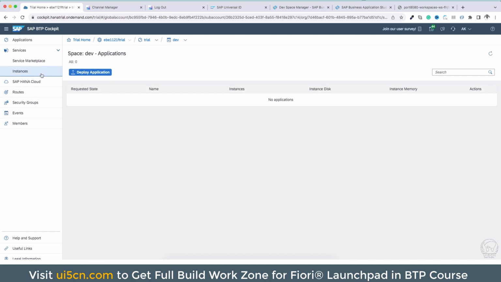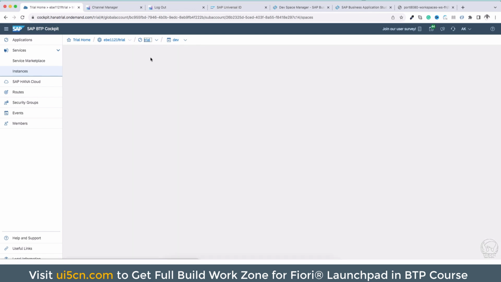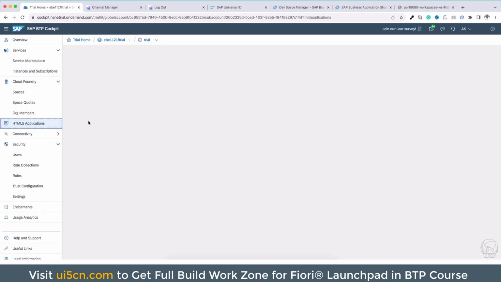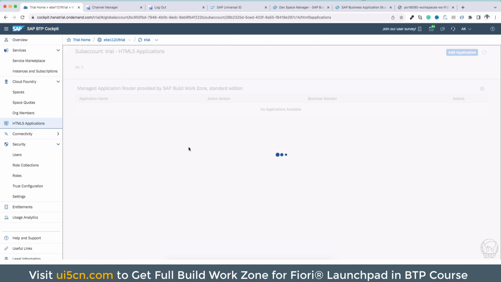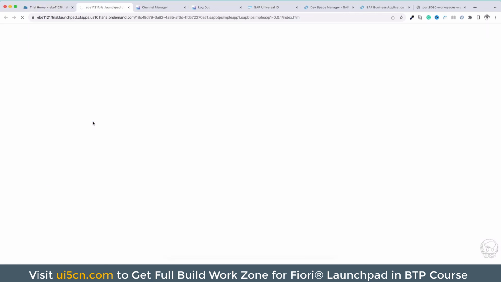Here in the instances I will be seeing 3 services created. One is the XSUAA, HTML5 application, and the destination service. So these 3 things are created. Now I can also see these things if I navigate to the trial, and within this trial, if I navigate to this HTML5 application option, then I will also see my HTML5 application. It will take some time to refresh and see the content. And here you see SAP BTP Simple App 1,